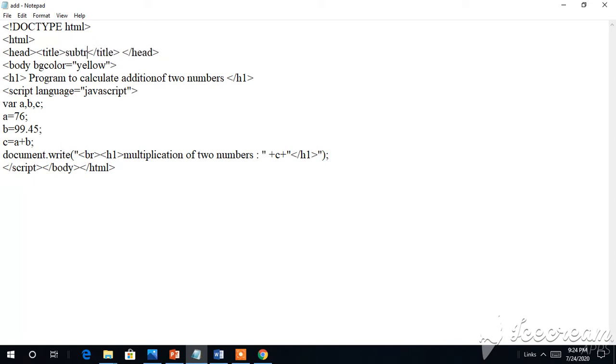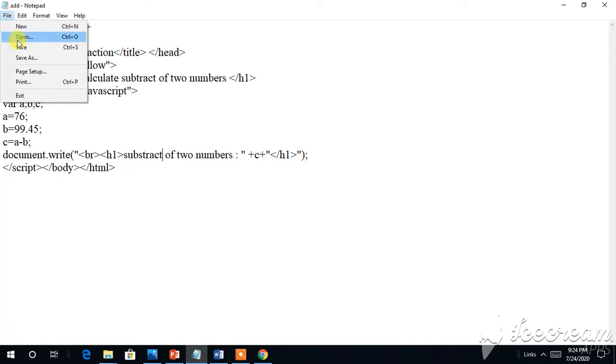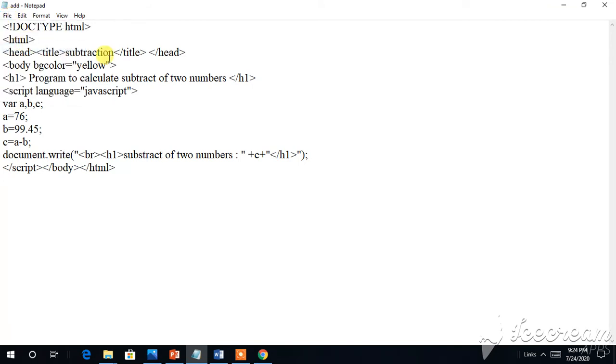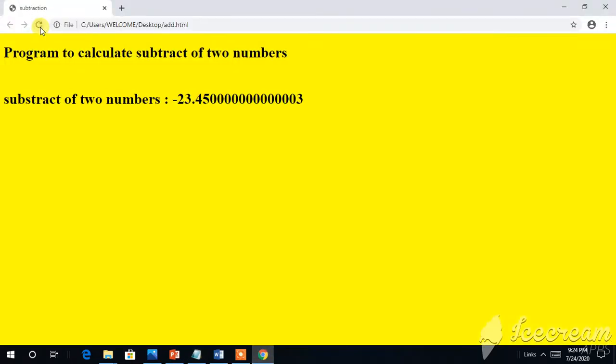Putting addition, instead of addition I put subtraction. I've given here also subtract. Okay, of two numbers I put it here, minus. Okay, multiplication, subtract. Okay, the file again, I'm putting the same coding only. I just give save. I just go with my browser, open it. I just go with this. See, this is how the coding will work. So you are able to understand how the coding works.